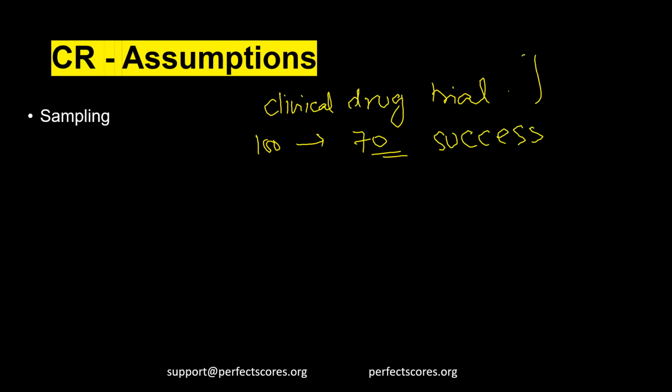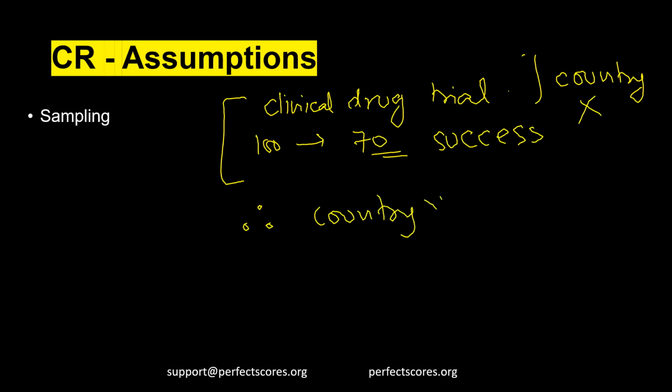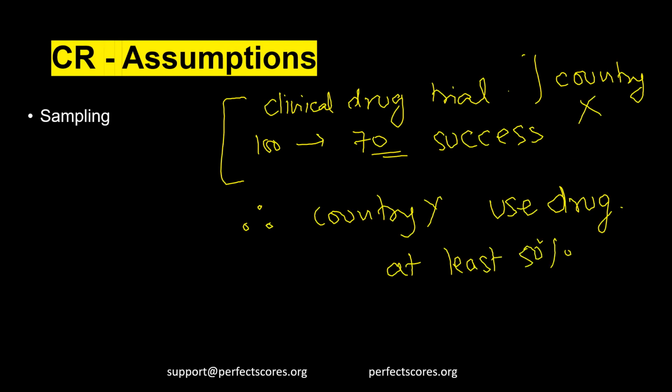And this trial is happening in country X. And this is the premise. And you conclude that therefore, country Y should also use the same drug and cure at least 50% of its suffering population. So basically, we are using a sample, and we are using that sample to conclude something about the entire population of